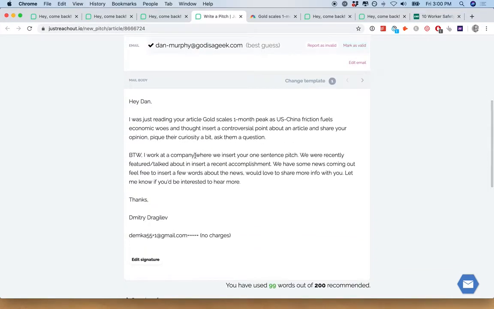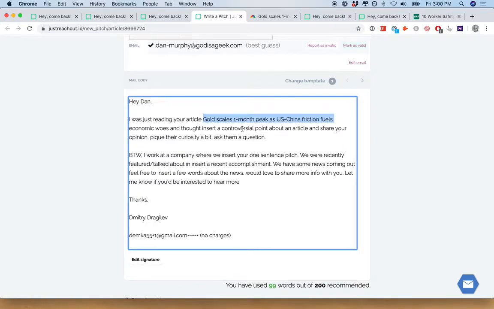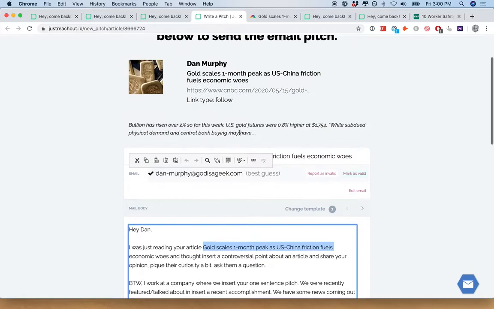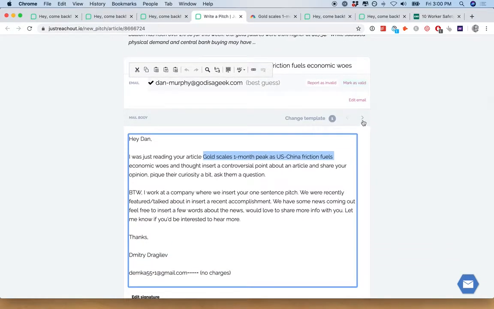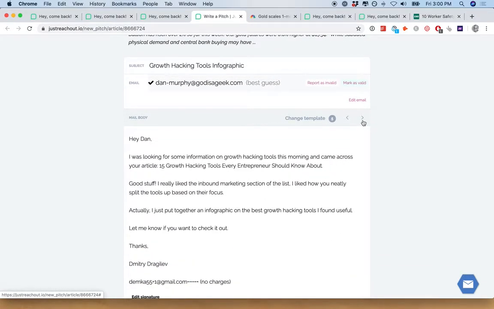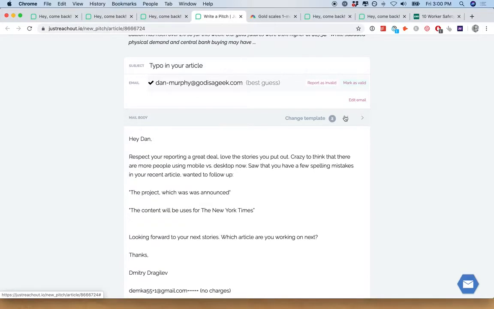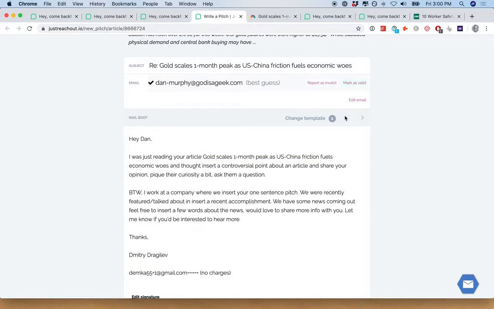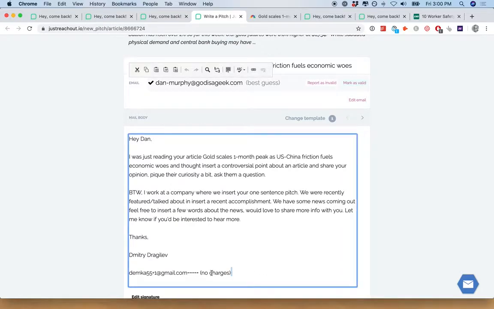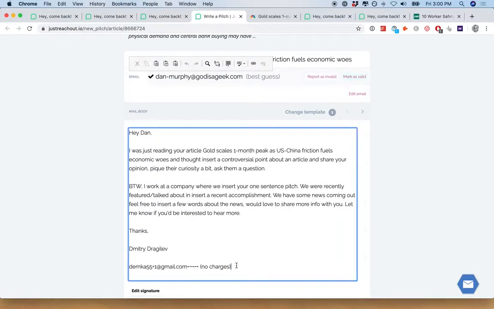As you can see, your pitch is already including the name and the topics of that article that person has written about. You can browse to different pitches in our platform. We have 5,000 people who are emailing from a platform, so we know a bit about what is getting opens and what is not. And you can have full edit capabilities on each and every pitch.